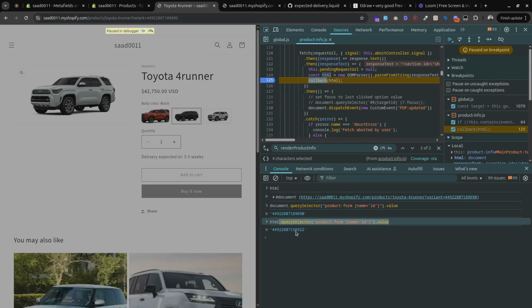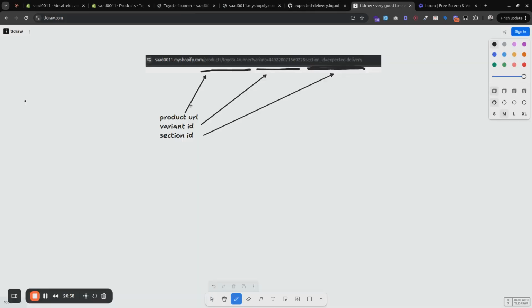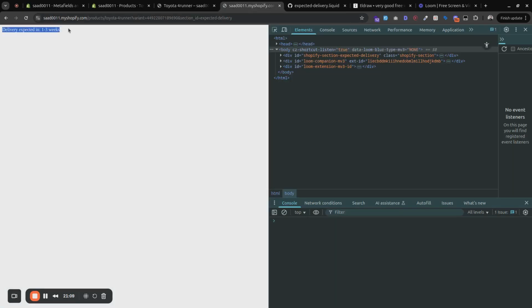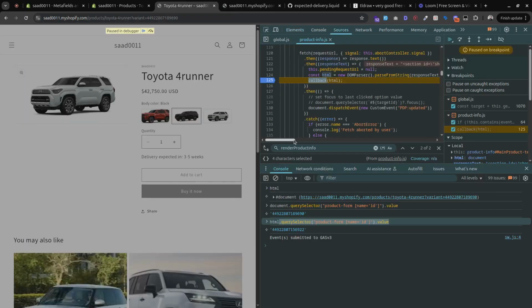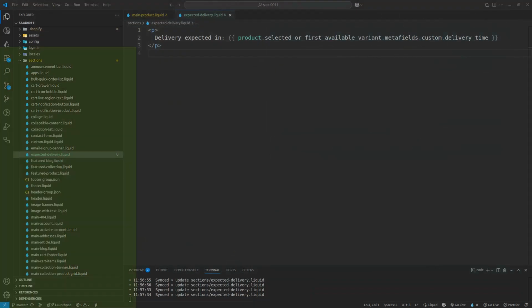This was the main purpose: to debug the code. So now you can see that we have the product URL, variant ID, and the section ID. So we will be able to make the call to get the data based upon the variant change. Okay, let's see. This callback function will update the DOM. We just need this location, and from here